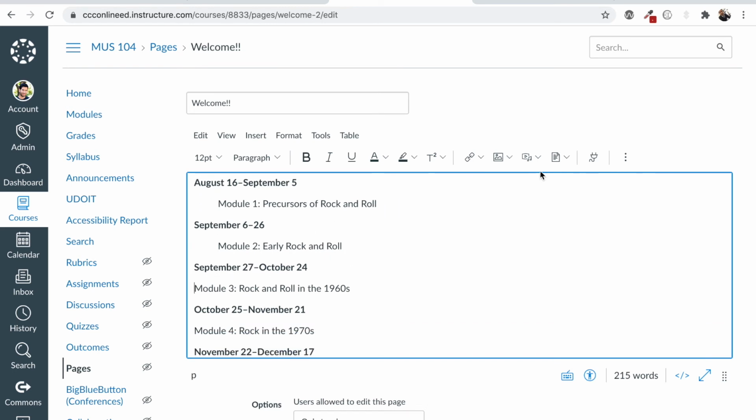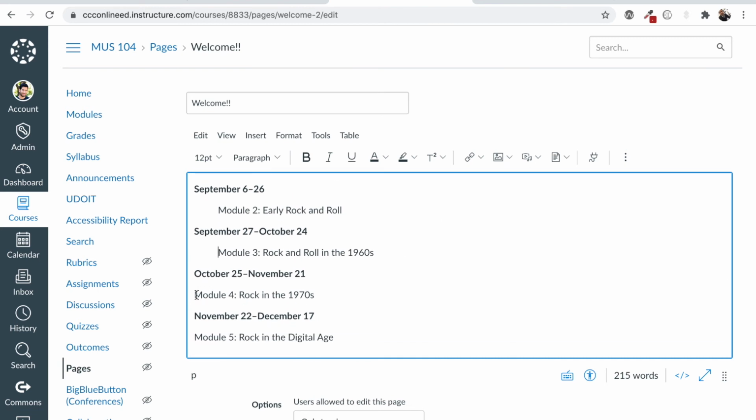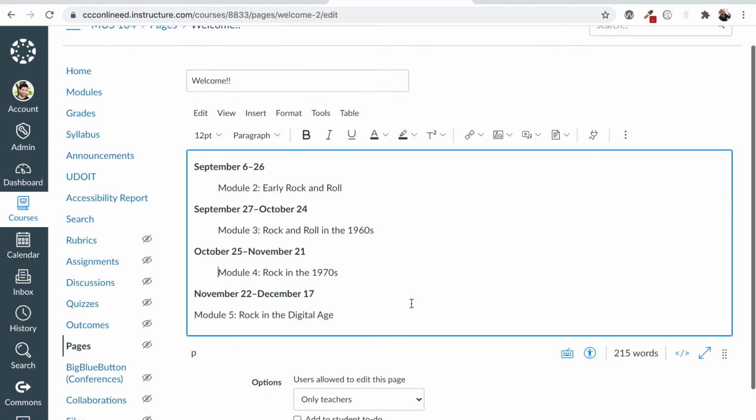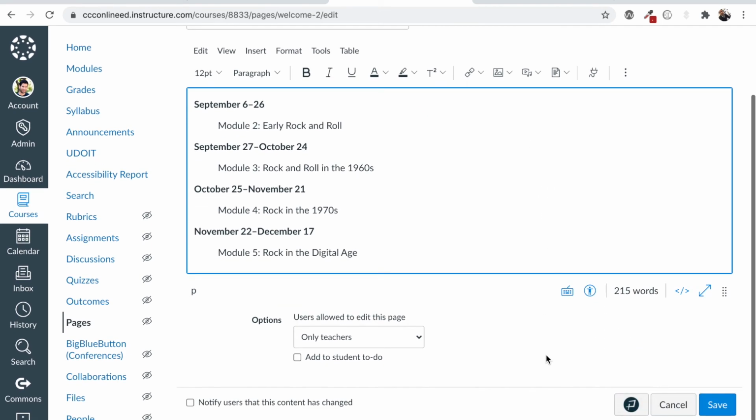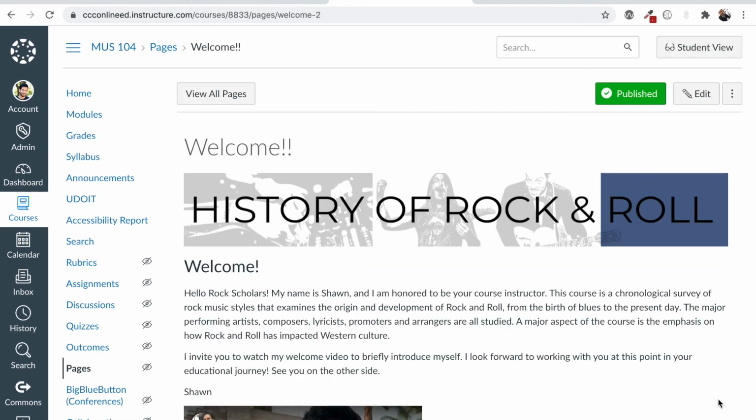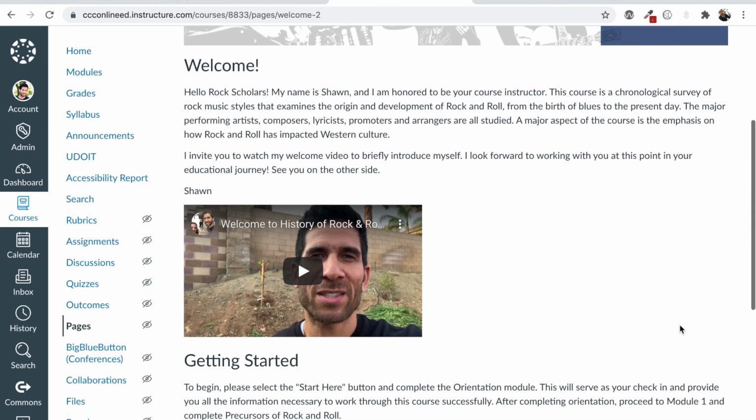And see, using these tools, it's great to do that because you might be tempted to go with your space bar, 1, 2, 3, 4, 5. Okay, the screen readers are going to read all of those spaces. So you don't want that. You want to use the tool, because what the tool does is it properly formats in the style area in the HTML. So I did that. And now we have our home page.